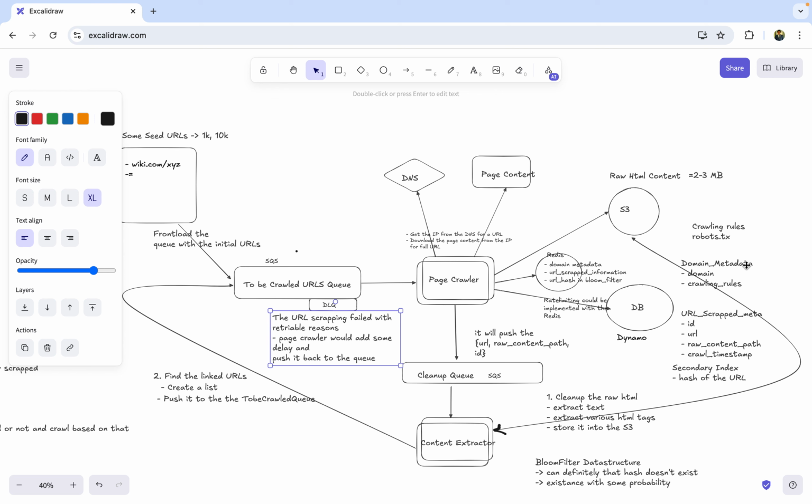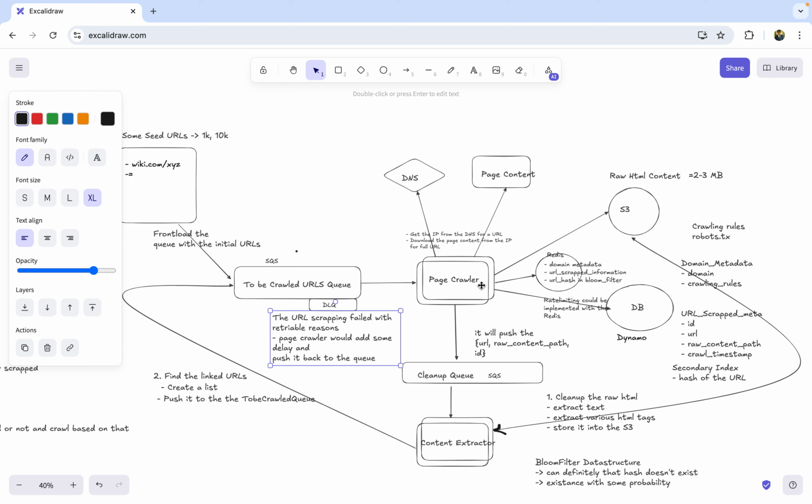If repeated requests are coming in, we store all the rules that are there, and instead of making the DB call again and again, what I'm thinking of is putting a Redis that holds the domain metadata. Whenever a new domain comes in, we have this domain metadata, which helps the page crawler to determine